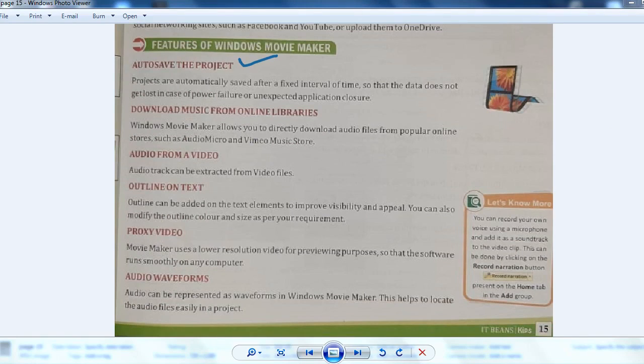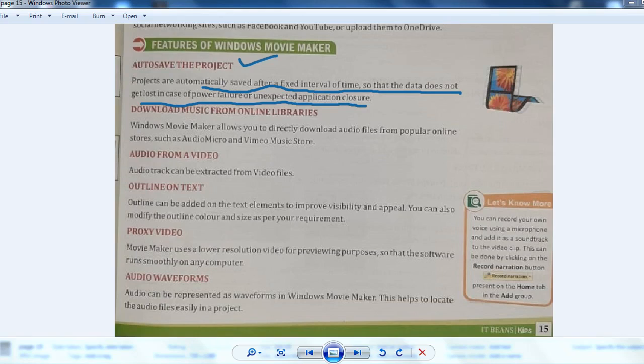Projects are automatically saved after a fixed interval of time so that the data does not get lost in case of power failure or unexpected application closure. Suppose you are working on some movie, you are editing a video, and at some moment the power is lost.